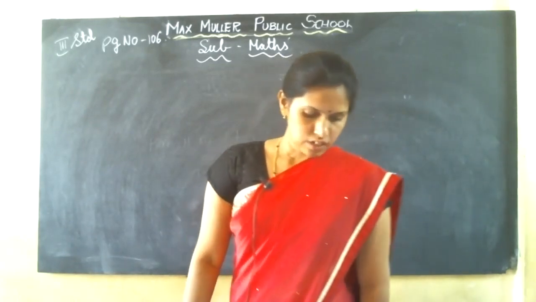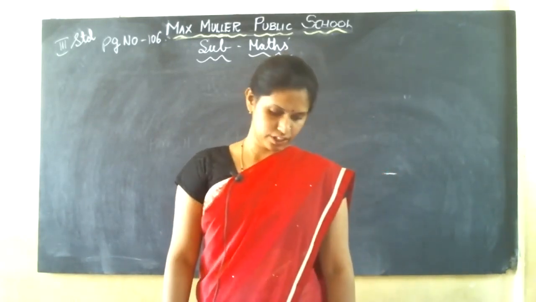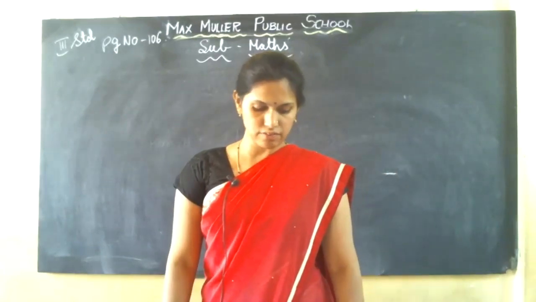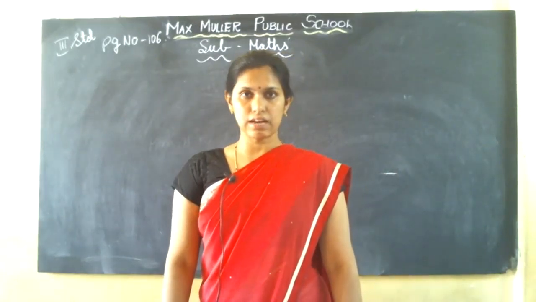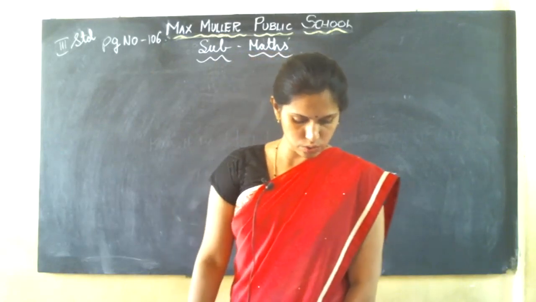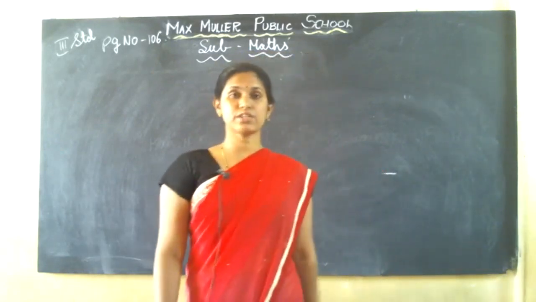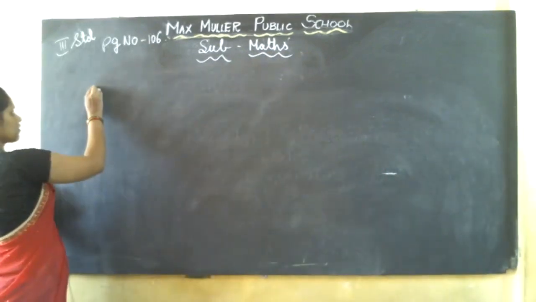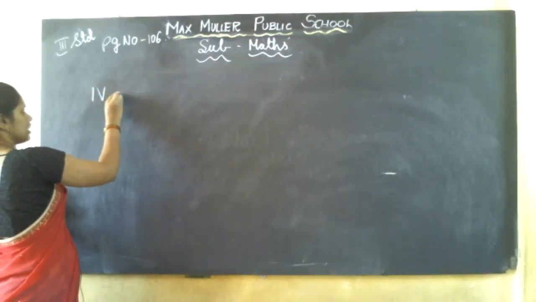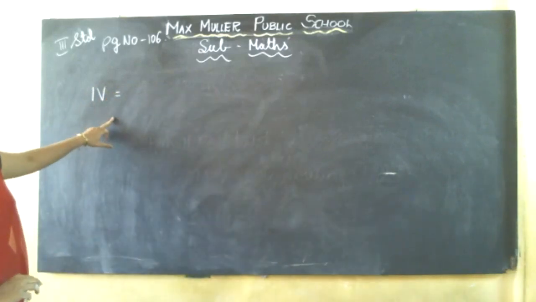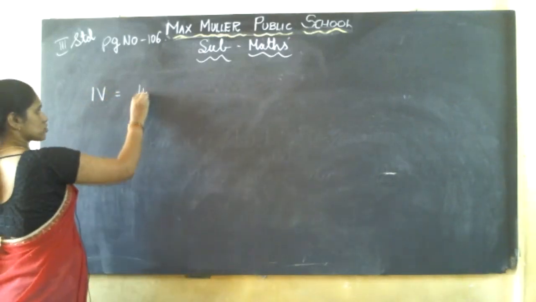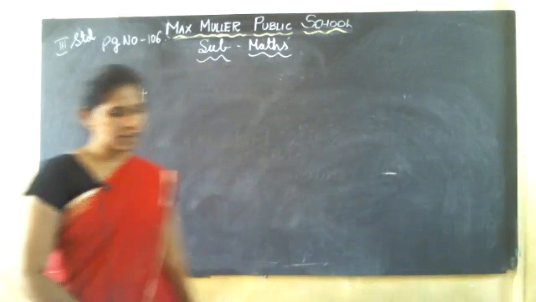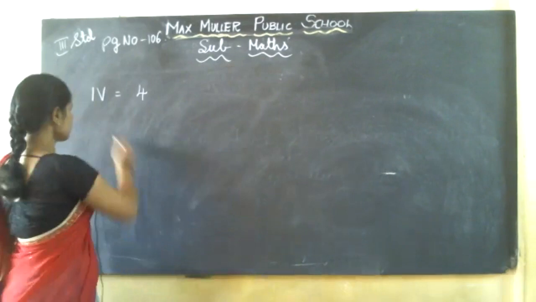See there? Four rules we have already finished. Right, in the Hindu-Arabic system they have given examples there. So let us see how to do it. No need to write, only you understand. Okay? So the first one, what have they given? IV. IV stands for 4. So it stands for what? 4.